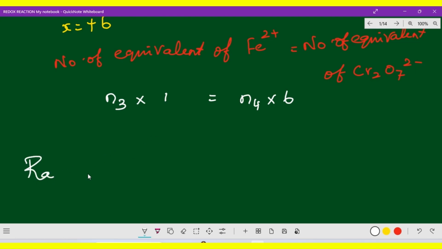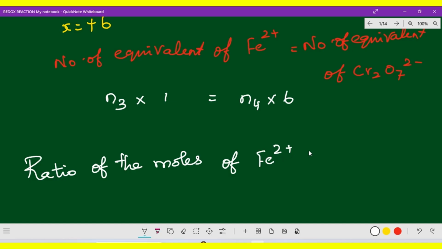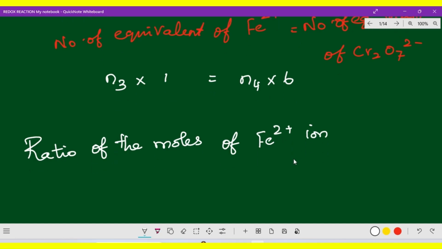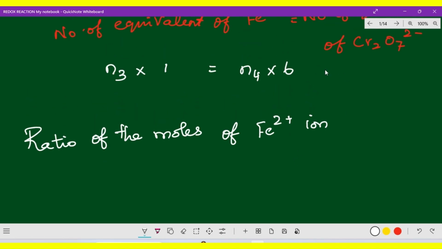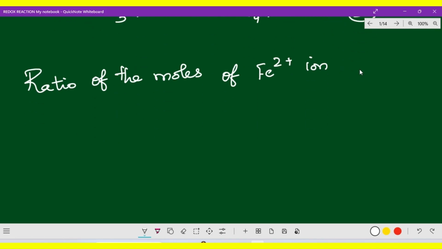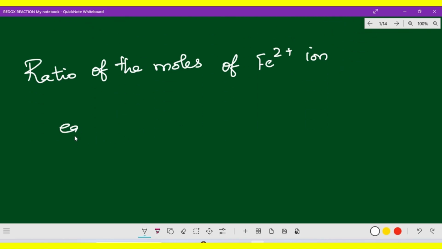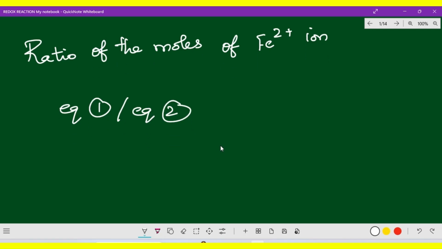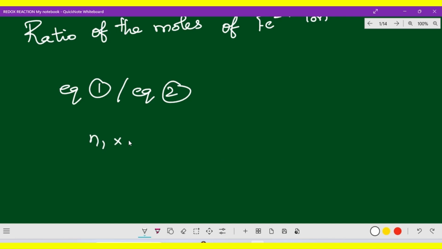So the ratio of the moles of Fe2 plus ion. This is equation 2, and equation 1 we have already mentioned. Now equation 1 by equation 2. So what is it? Equation 1 is N1 into 1 by N3 into 1,